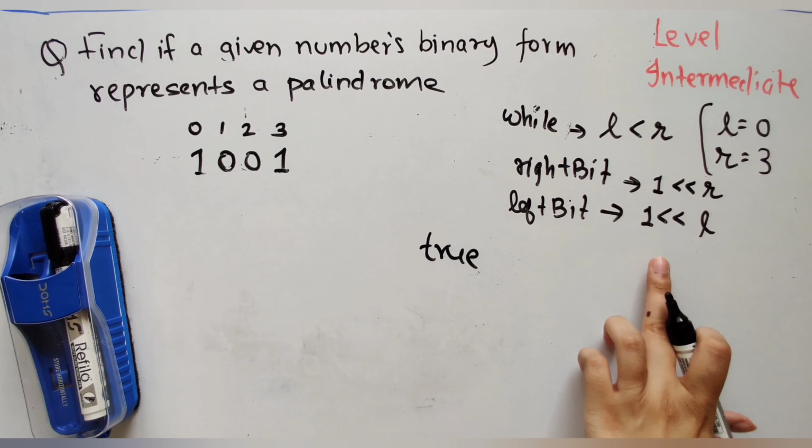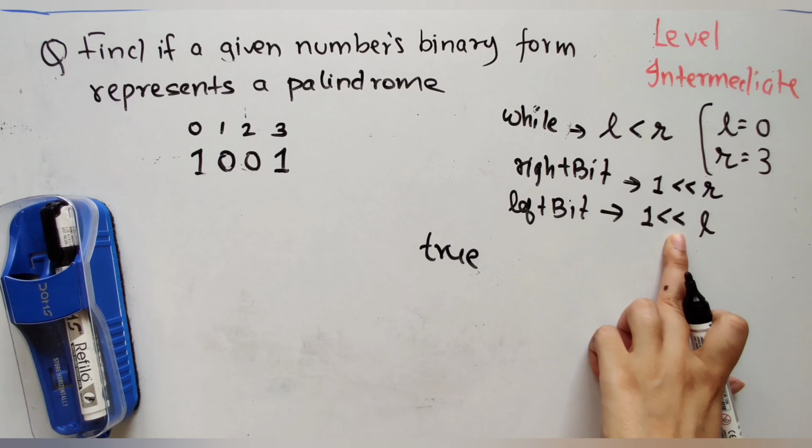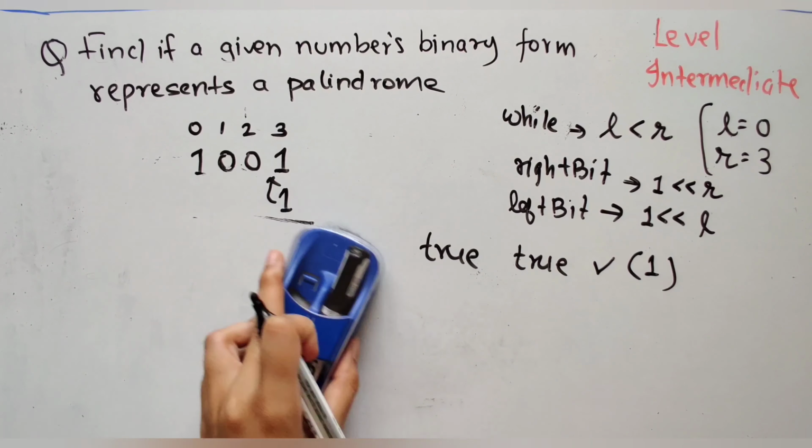Okay. Now I'm doing, my left bit is 1 left shift L times. The value of L is 0. So if I left shift 1 0 times, I'm going to get 1 itself. Okay. So 1 here. The value on top of it is 1, so it's going to return me 1 and others are 0. However, this entire value is not 0, so again I'm going to return true. Okay. So I got true last time and I got true this time also, right? In the same iteration. Therefore, I can say that both the bits are same, which is both the bits were 1. Okay. Let's move on.